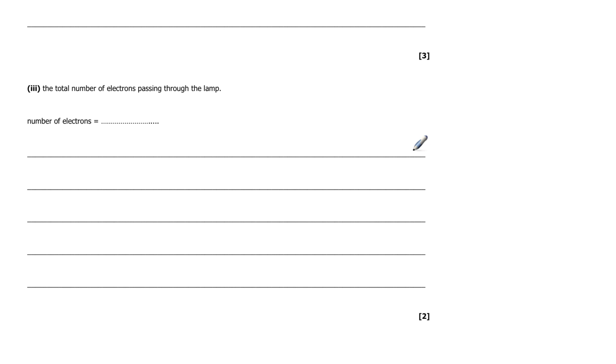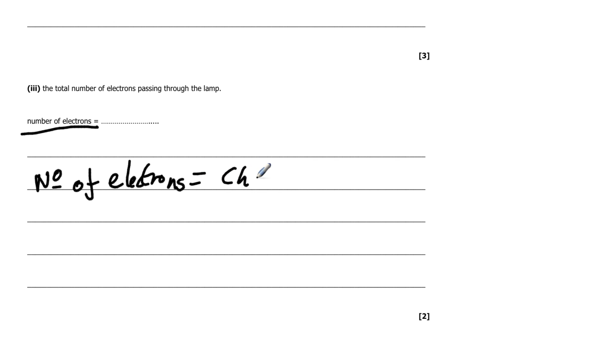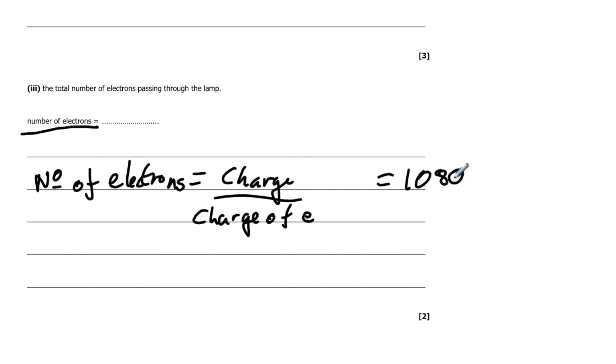Total number of electrons passing through the lamp is next up, and whenever we are asked the number of electrons, let's just have a quick little recap, because this is something that we find difficult. Number of electrons is equal to the charge divided by the charge of one electron. So for this particular question our charge was 10,800, and we're dividing by the charge of the electron, which is of course 1.6 times 10 to the negative 19, and that should give us an answer of 6.7 times 10